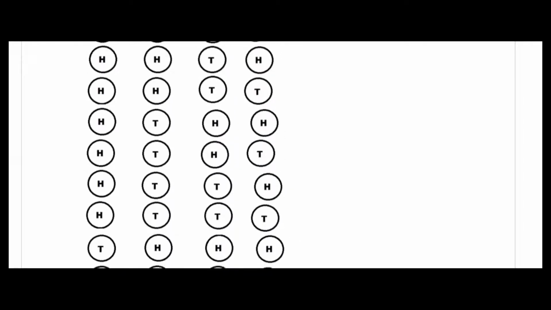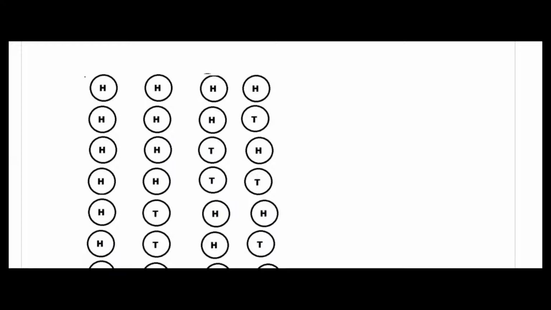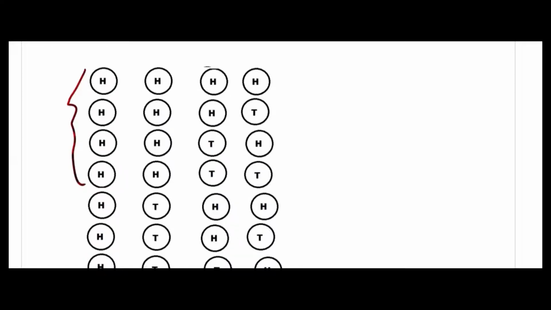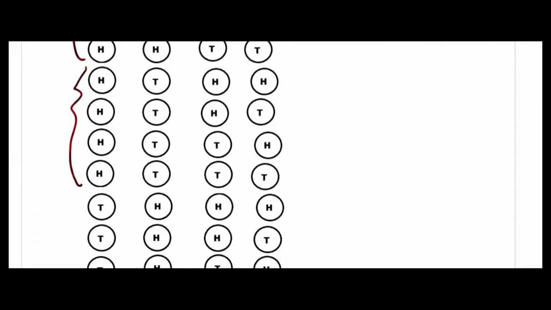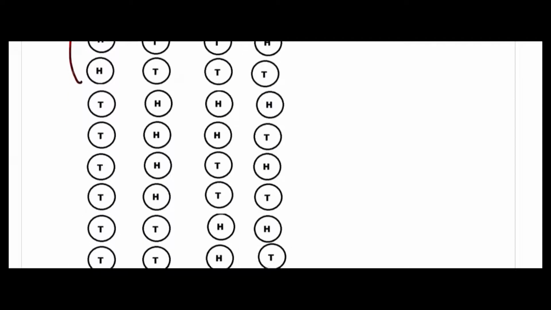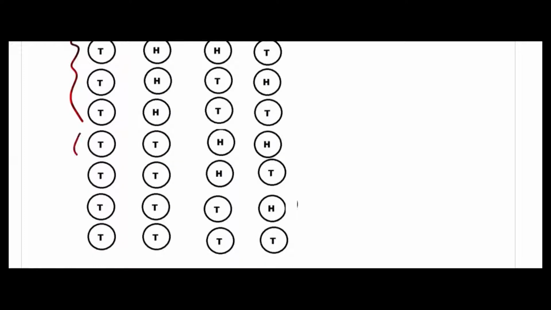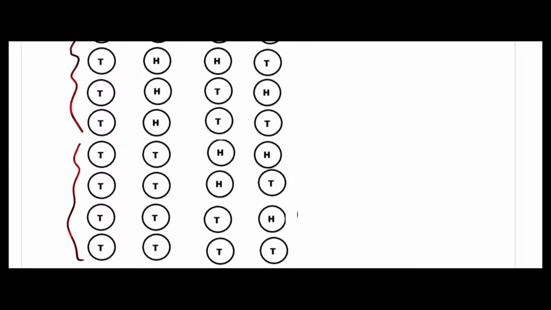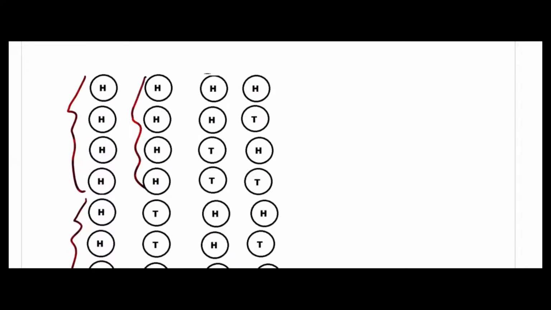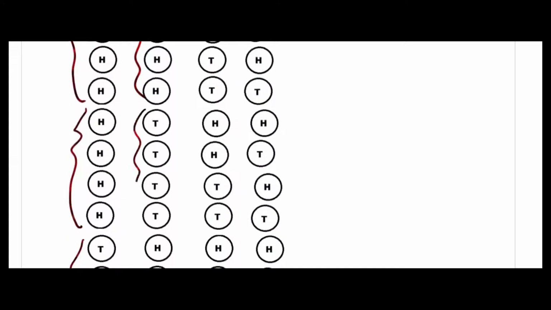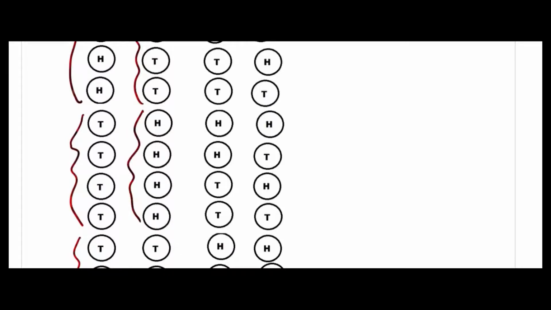So how can you write them? Normally there is an easy way to write. You write 8 heads here, then 8 tails. You see 4 and 4 here, 16. Now you write 4 4, instead of writing 8 8, you write 4 4 here. So 4 heads, 4 tails, and then here 4 heads, 4 tails. You can write this way.